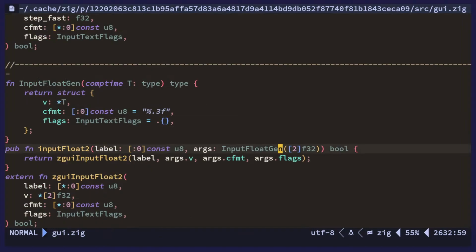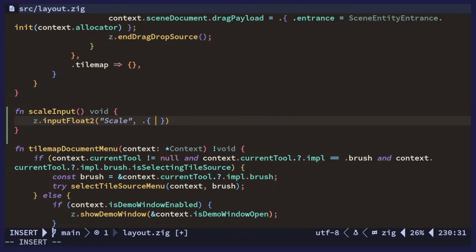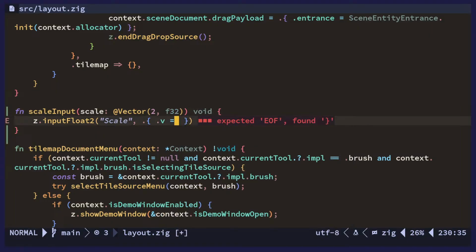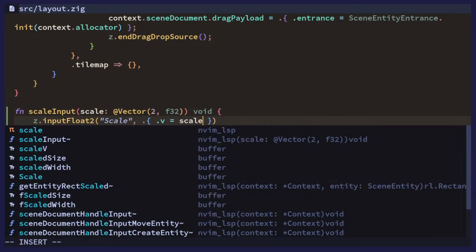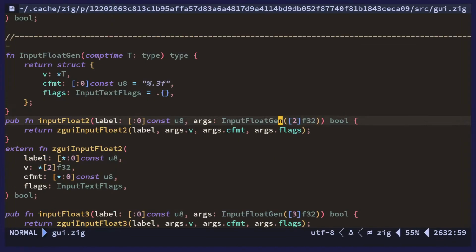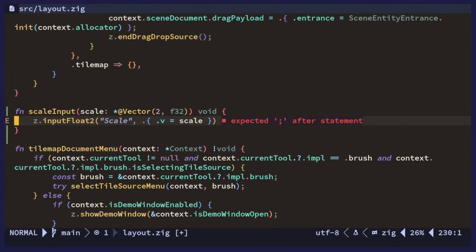So let's start with putting v; no, this is not, this is vector to f32. Let's put that there and see what it's going to say. Actually, we need this to be a pointer. And then what else did we have? Flags. Yeah, let's just do that and see